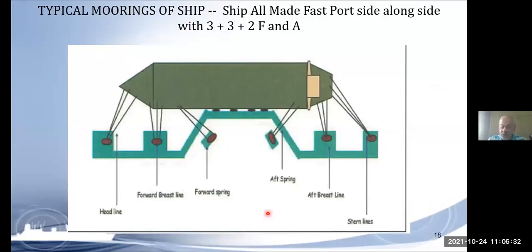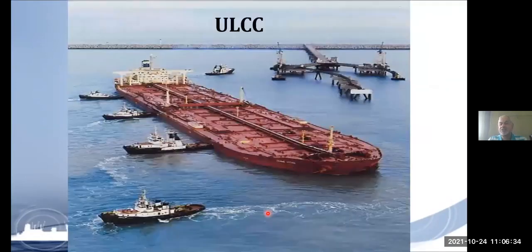Okay, now once the ship comes, like this is the ship and this is the terminal, tanker terminal, and if you see, these are the dolphins, and here the ship will be tied up with ropes, and the ropes will be given by the ship. The ship will have ropes here and ropes in the aft, and the ship will be tied up by the ropes. It can be polypropylene rope, it can be nylon ropes, it can be wire ropes also, or some different material ropes with which the ship will be tied up.